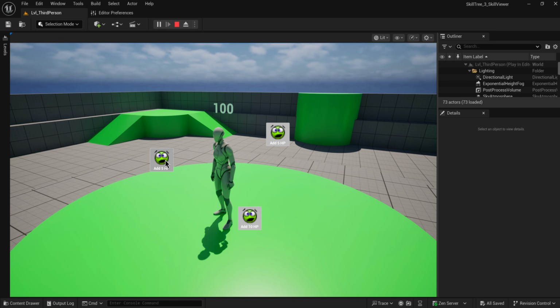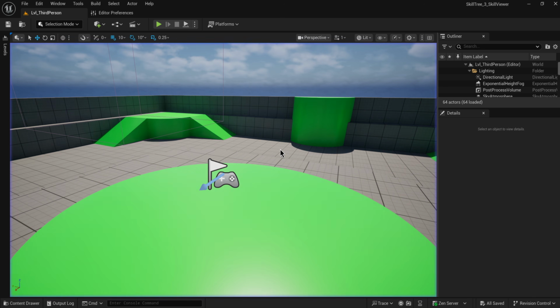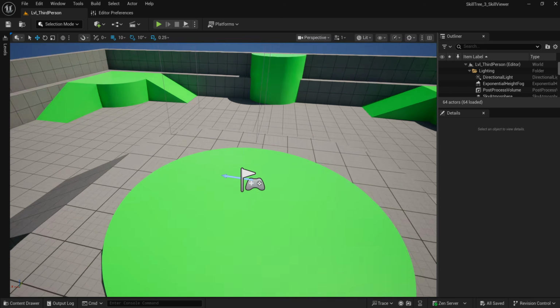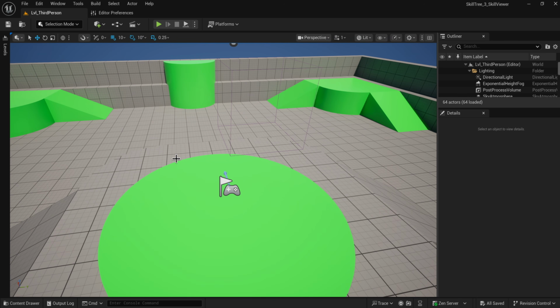Fantastic. We have technically a working skill tree because we have skill nodes that do stuff to our character when we click on them, but we can spam them and we can't actually see any of the information about them, and they're just kind of generally a little bit weird in the way that they work. So let's build a better UI that previews whatever skill that we're going to unlock and then has an unlock button inside of that UI instead of directly just clicking on the thing